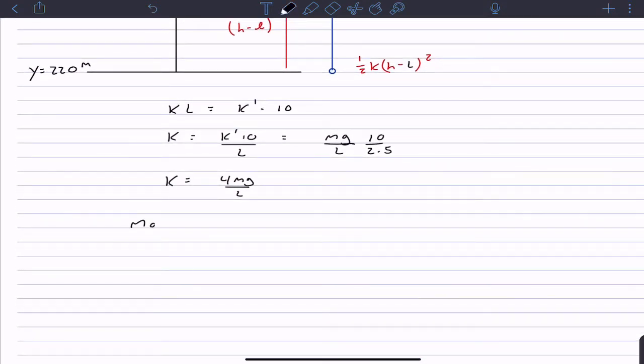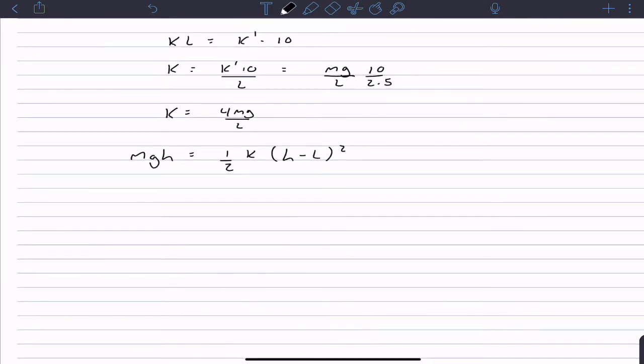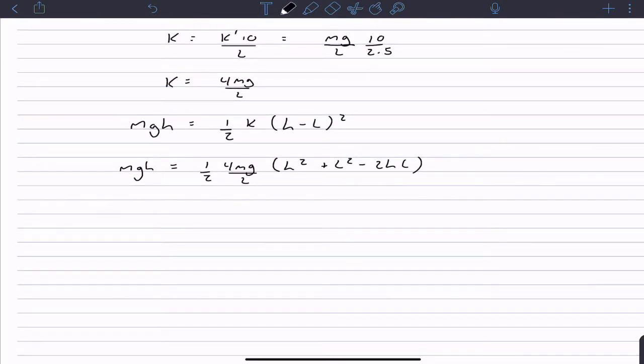Okay, so we're going to have mgh is equal to half k (h minus L) squared. All right, that's going to give us mgh is equal to half 4 mg over L times h squared plus L squared minus 2hL. Okay, that's going to equal to mg